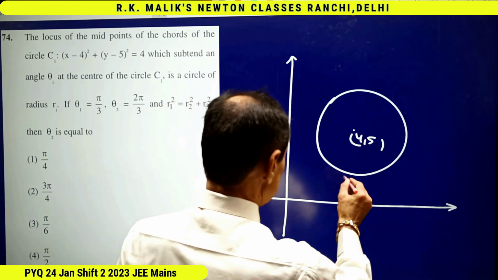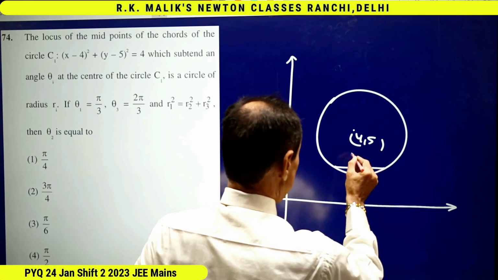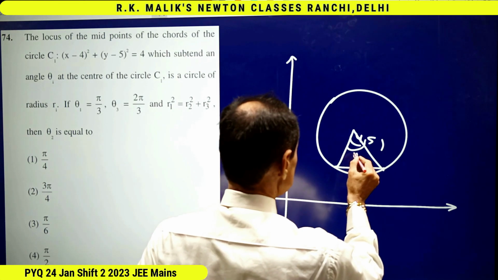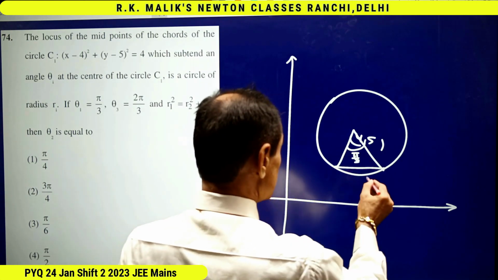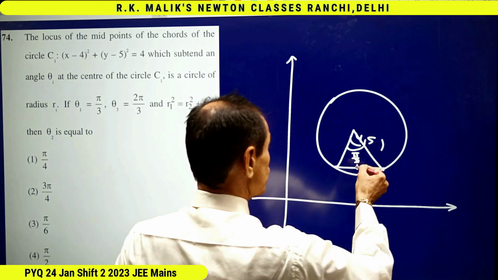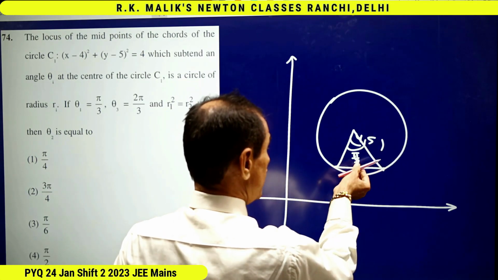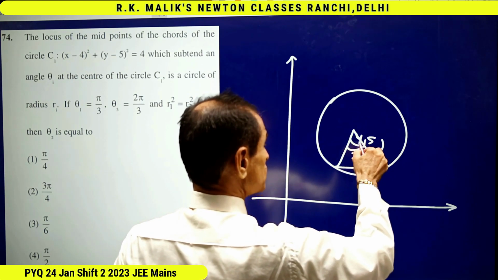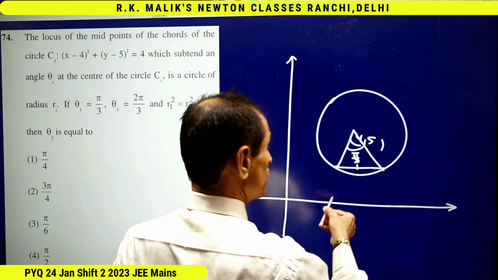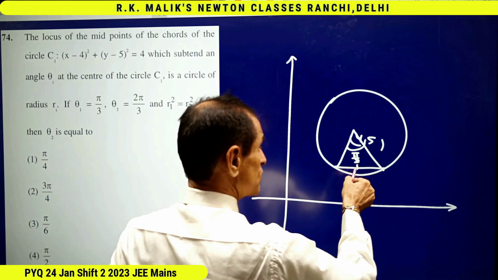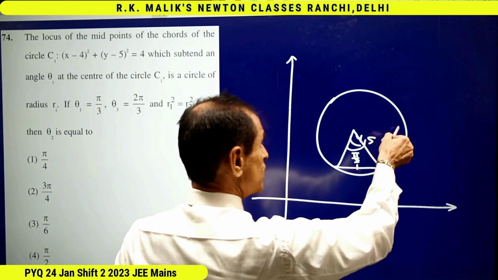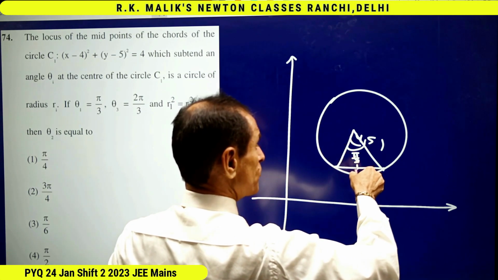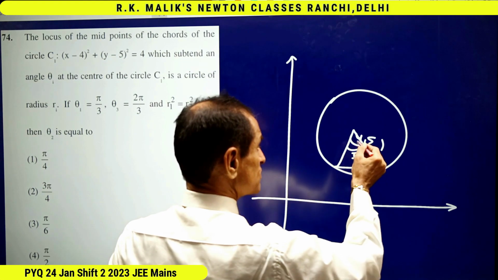And those chords for which the angle subtended at the center is pi by 3, for those chords, the locus of midpoint will be clearly a circle, because as the chord goes on moving and the angle remains constant, meaning the length of the chord remains constant, then the midpoint will also vary, and it is clear that the locus of this point will also be a circle with radius